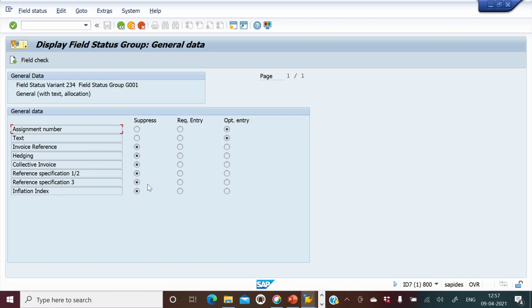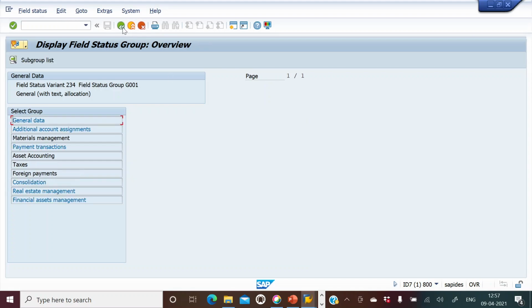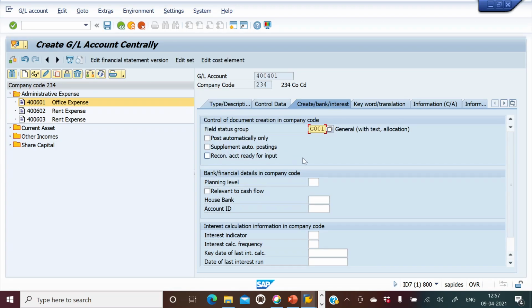So there should be something called required entry as well. So at a configuration stage, I can assign these attributes to a particular field. It could be suppressed, it could be required entry, it could be optional. All right. So that is what your field status group does.